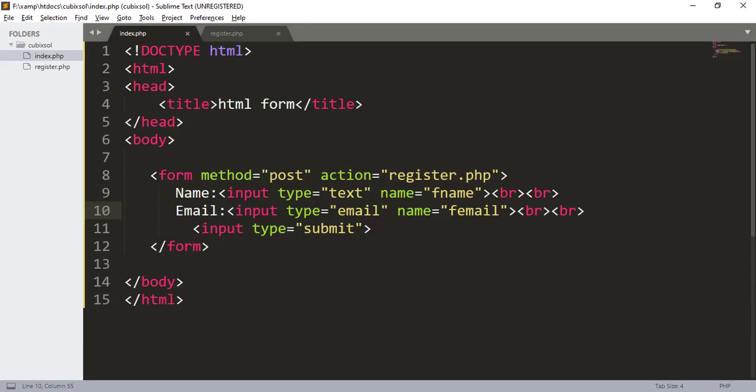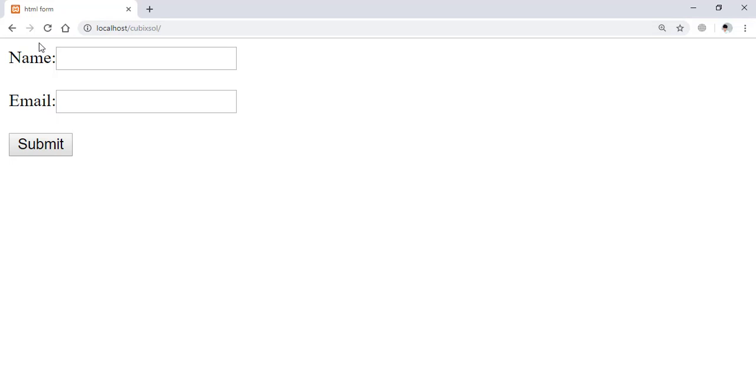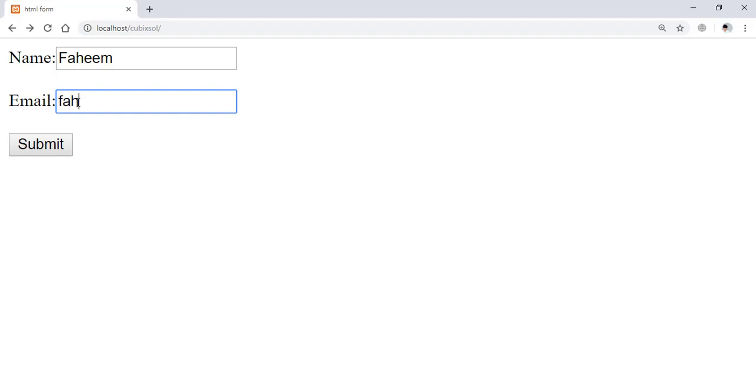At this stage we are in our index.php file. First of all I want to show you what happens if I use the GET method. Press Ctrl+S, save, open it, refresh it, and here I type my name and my email. When I submit, you can see that we are now on the register.php file, and it shows